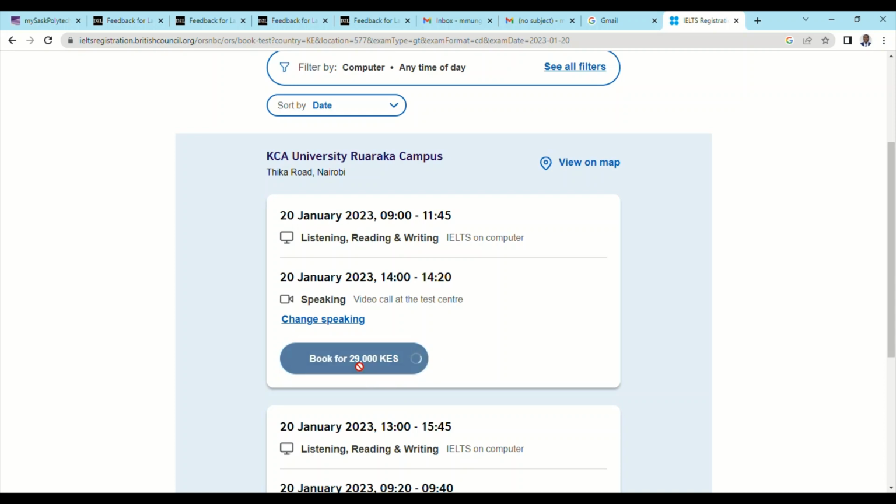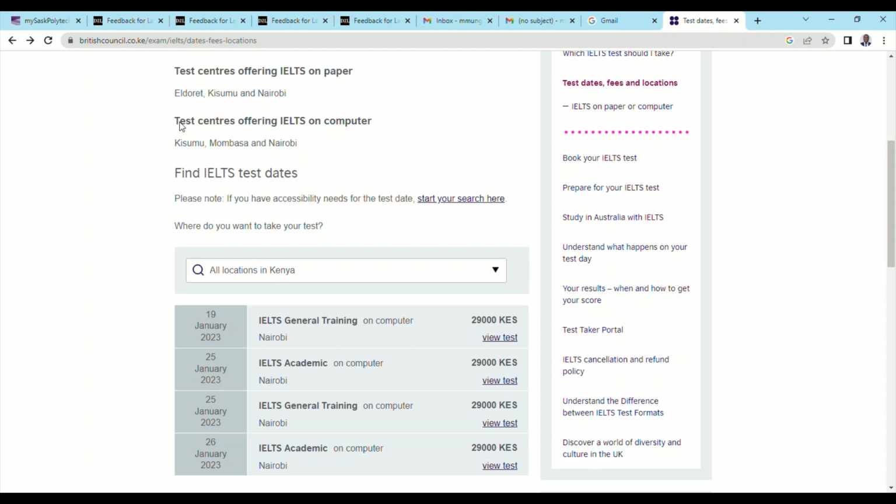So as soon as you're ready, remember it's the general test. If you book for 29,000, it should take you directly to the means and ways of payment, and there you go. You book your test and you try as hard as possible to score a 9 out of 9. Remember I told you I had to do this twice because the first time I got a 7 and that wasn't sufficient to create a profile. So I had to redo, and the second time I scored an 8,